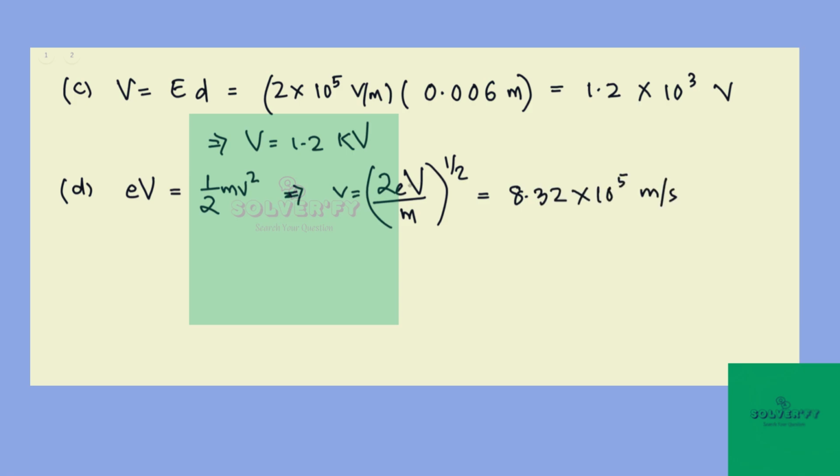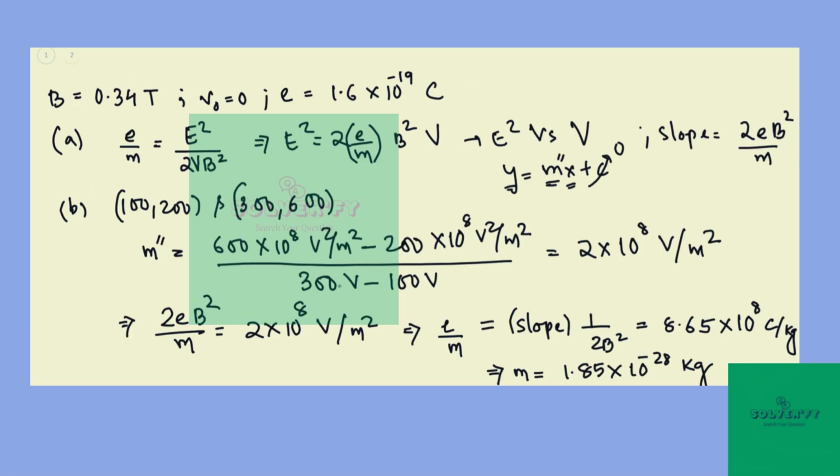Make sure you use the value of voltage given in the fourth part, which is 400 volt, and not the voltage that we calculated here. And your results might vary from mine, maybe due to inaccuracies in determining the slope of the graph. So if your result is close enough, the order is exact and this magnitude is close enough, then